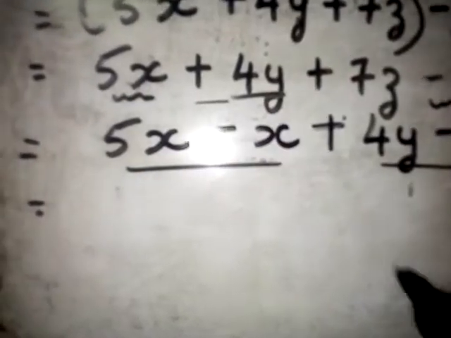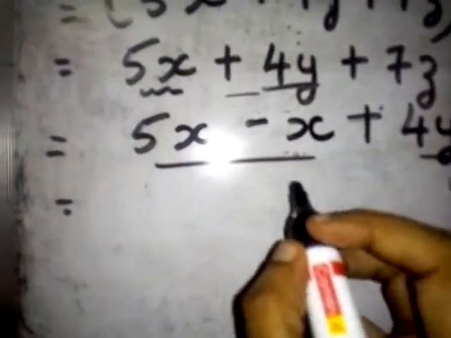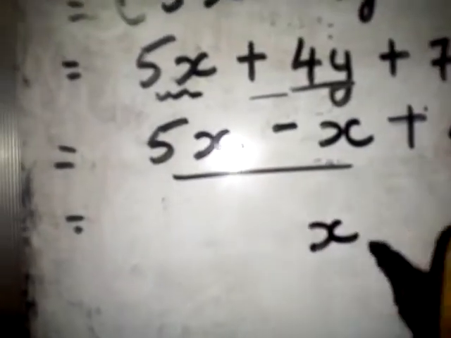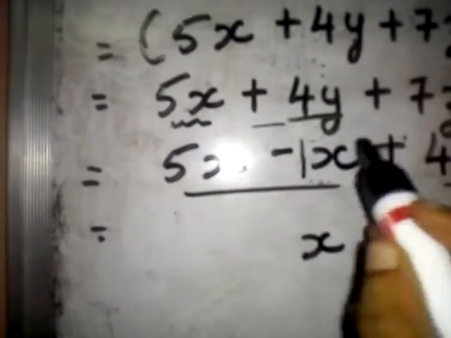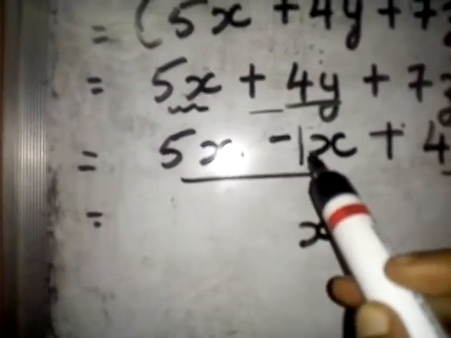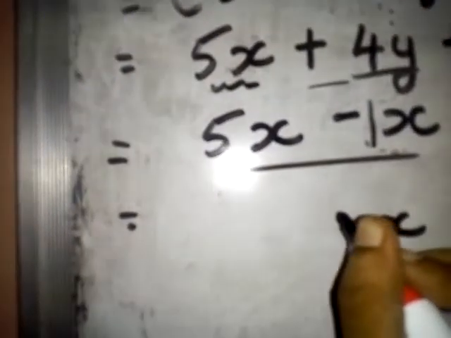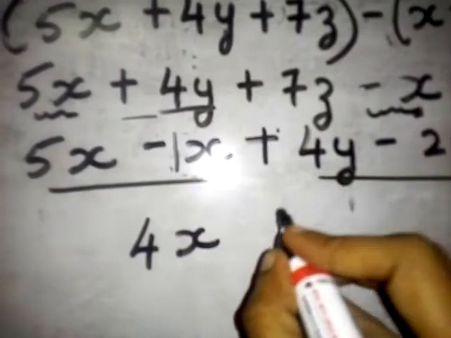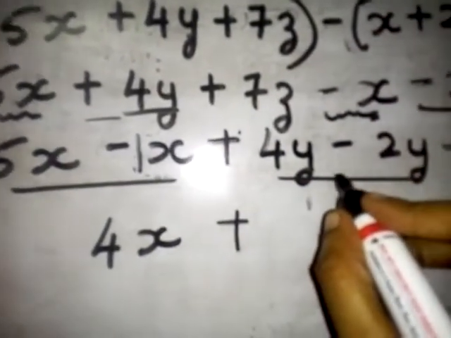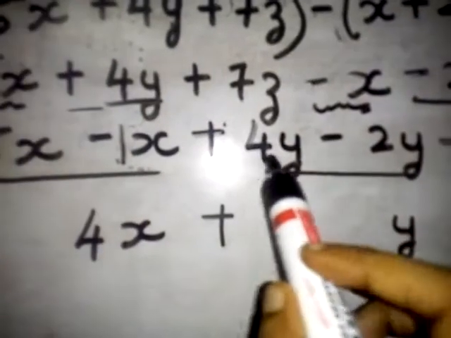You cannot add or subtract different variables; write them as they are. x: 5x minus x. Here nothing is there, so take it as 1. If you have only the variable without a number, you have to take it as 1. 5 minus 1 is 4, so 4x. The greater number with its sign is, see, plus. Same variable, write as it is. y: 4 minus 2 is